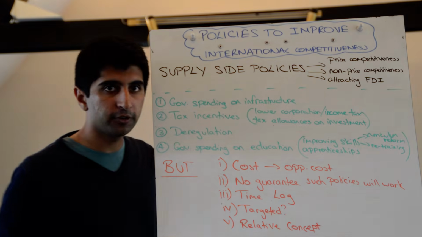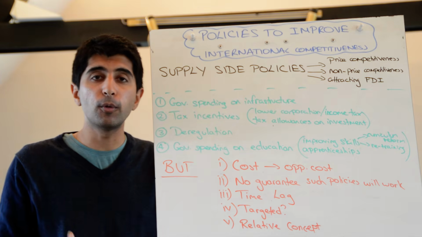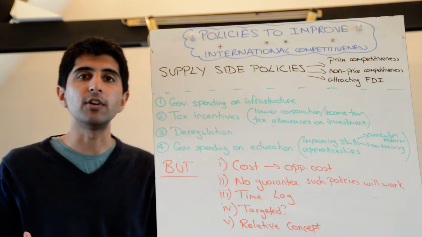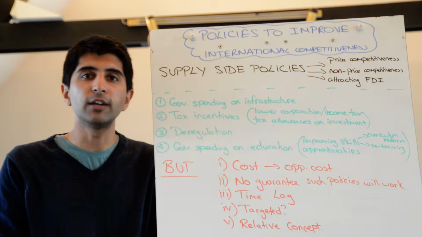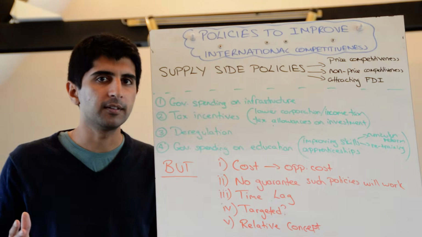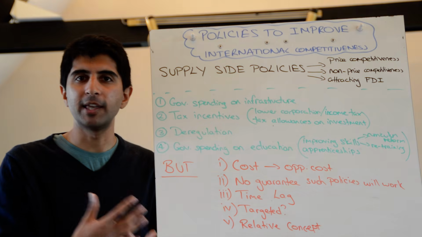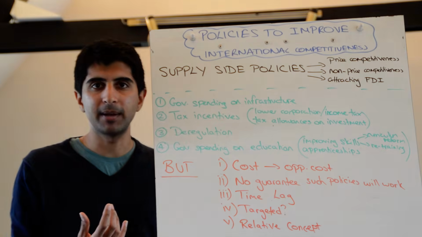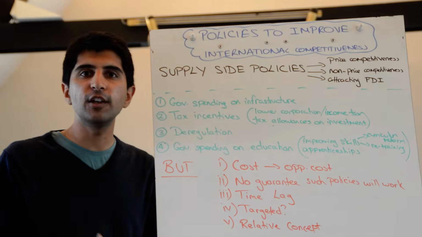No guarantees such policies will work. Let's take an example like lower corporation tax. Just because the company's got more retained profits, there's no guarantee they're going to use those profits to invest. They may deleverage and pay back debts. They may put that money in the bank. They may use that money to increase salaries. That's not investment. So in theory, it's all well and good saying how a company may use more profits, but in reality, that might not actually happen, in which case there might not be the competitiveness gains we've talked about. A lot of these policies can take 5, 10, 15 years to work.